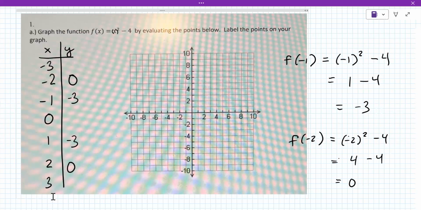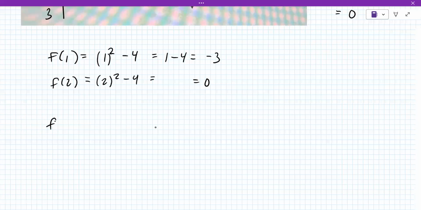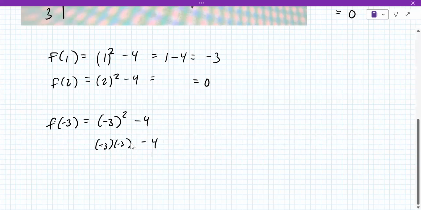Try again. So f of -3 means (-3) squared minus 4. So you have to multiply -3 by itself and then subtract 4. You're not multiplying it by 2, you're multiplying it by itself. -3 times -3 is 9. 9 minus 4 is